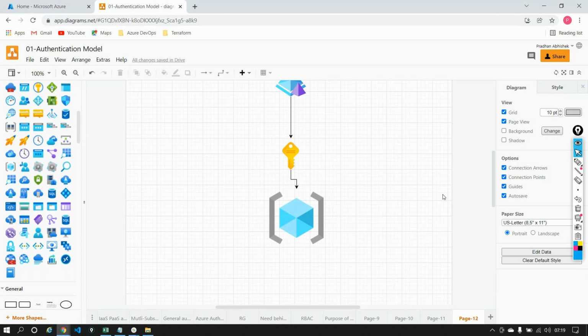Yes, under one subscription, you can have multiple resource groups. There is no proper number for it. And when you create a resource group, there is no charge for it, because a resource group is nothing like a drive that can give you a logical namespace.